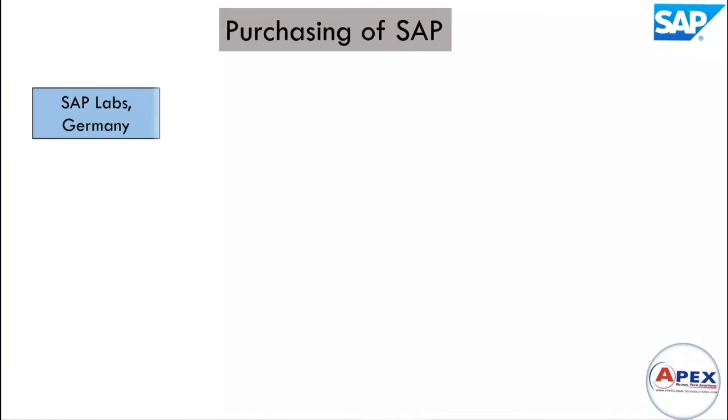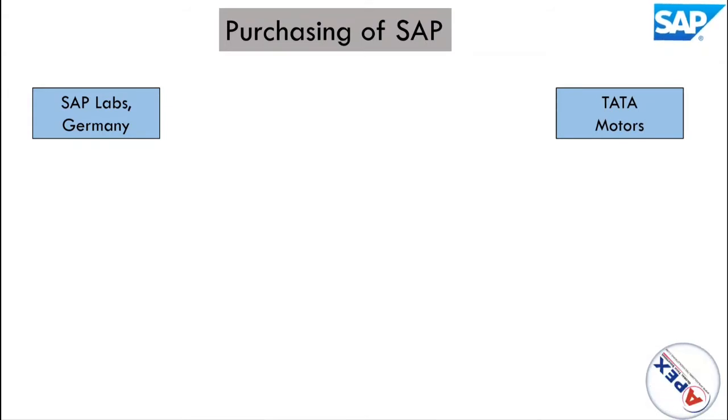Here we have SAP Labs, the developers who have the authority to sell the SAP product. Suppose consider we have Tata Motors. Tata Motors is planning to buy SAP software. They are planning to implement SAP in their organization. So in the SAP business, what happens? Tata Motors will not be able to contact SAP Labs directly. They can contact, but it depends on their